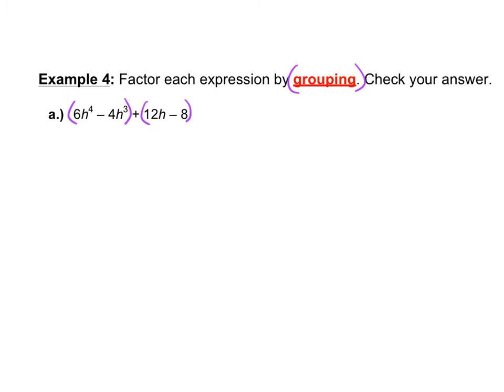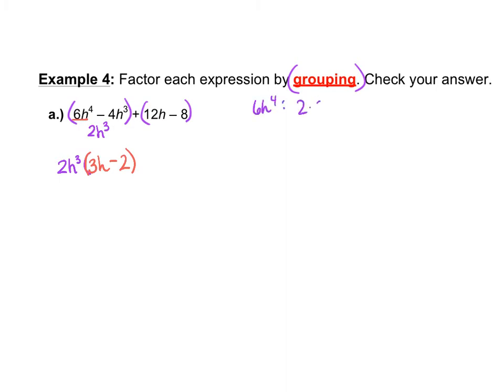I know the GCF of the first group is 2h to the third, and that's what I'm going to divide both terms by. The GCF goes outside, and what's left over goes inside. So I'm dividing this by 2h to the third. Well, 6 divided by 2 is 3, and h to the fourth divided by h to the third, you subtract the powers, so it's h. Minus, now 4 divided by 2 is 2, and h to the third divided by h to the third, there'd be no variable left. Okay, so if you don't realize that, what you have to do on the side is